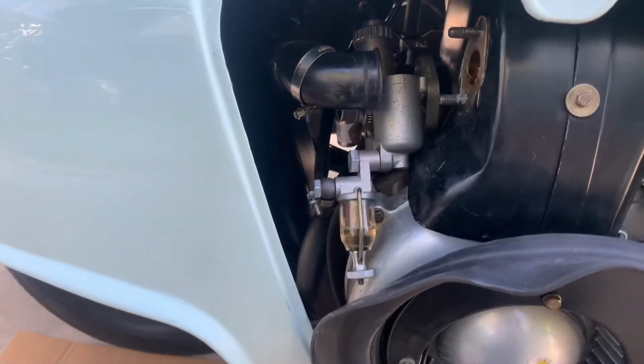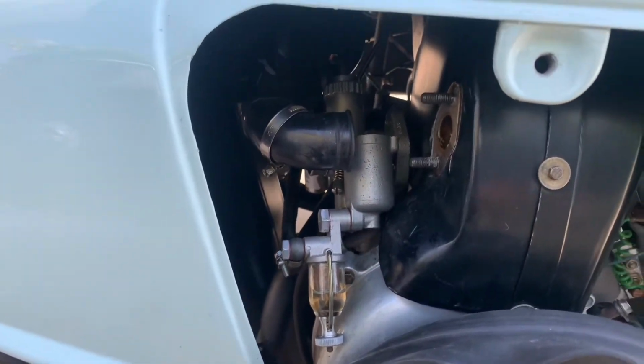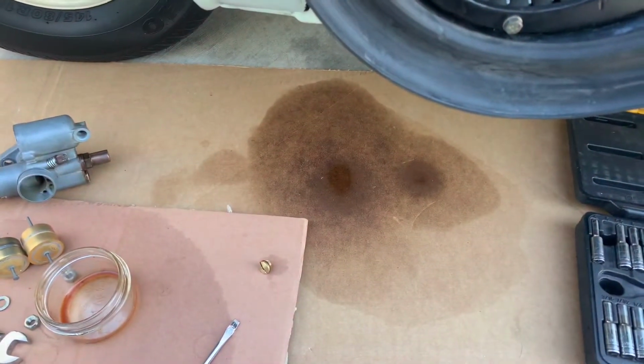More fun and frolic with Izzy the Isetta. Alright, so Izzy's been leaking fuel again. This is just from sitting out here out front. But